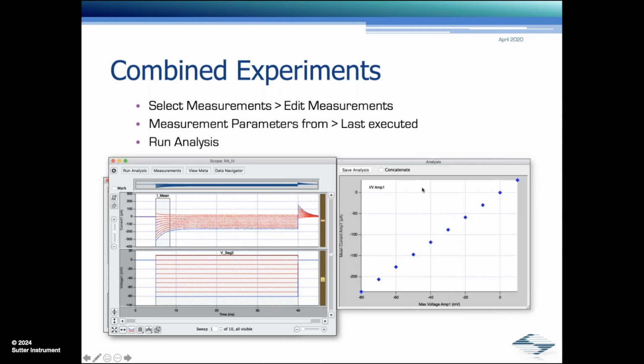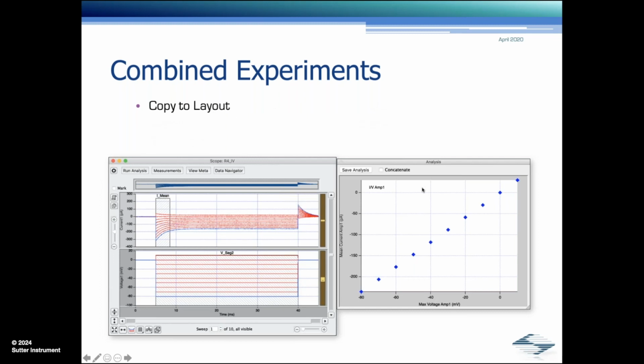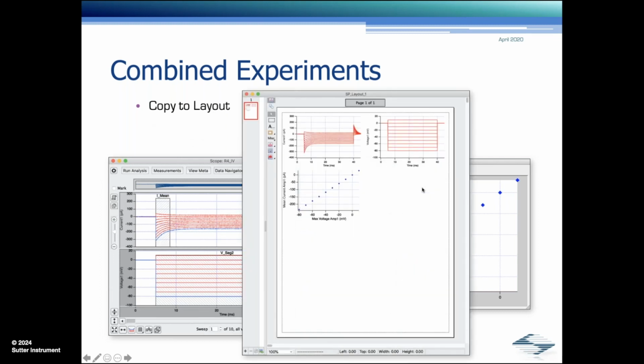By default, it would show you both an IV curve and a time course. The time course is not relevant in this case. And then you can copy this to the layout by using the book scroll button there. And that creates a layout window that has the 2 signals and the results combined on one page.